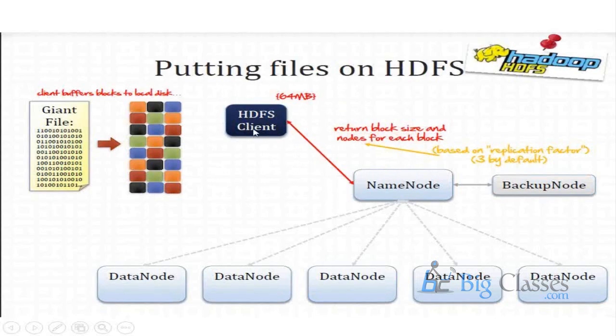What information are we going to get back here? Which particular data node I can store data on, which are free, which are busy; those kinds of metadata information will come back to the client. Then after receiving that information, the client will divide this big file into n number of blocks. While we are storing the data across the cluster in Hadoop, the data is going to be stored across the cluster in a format called